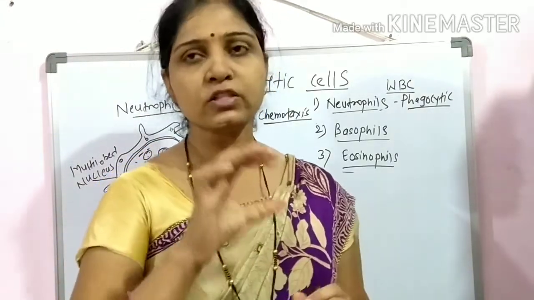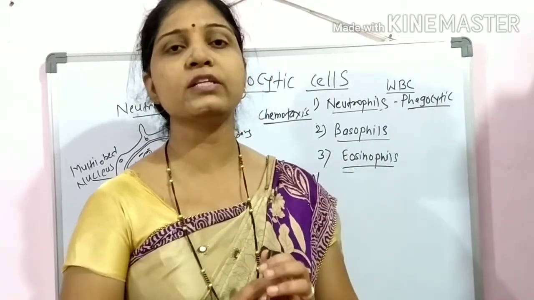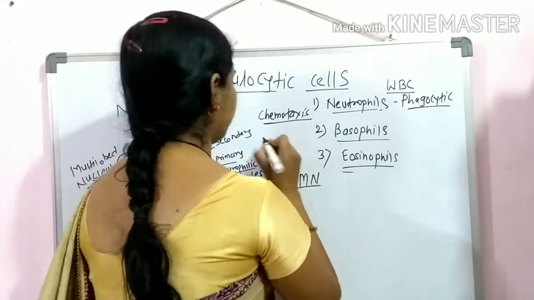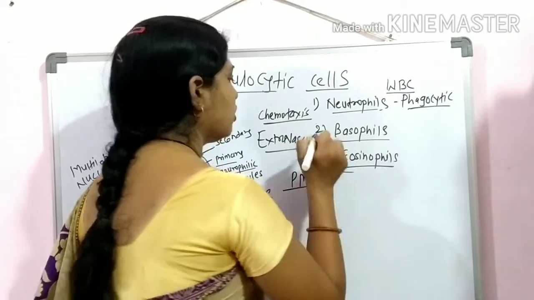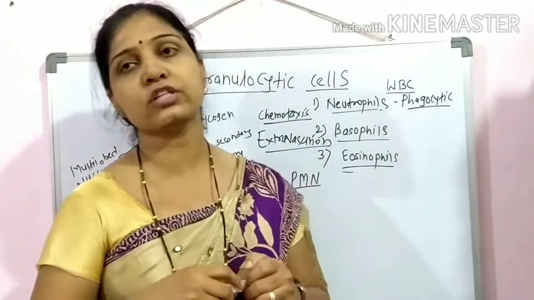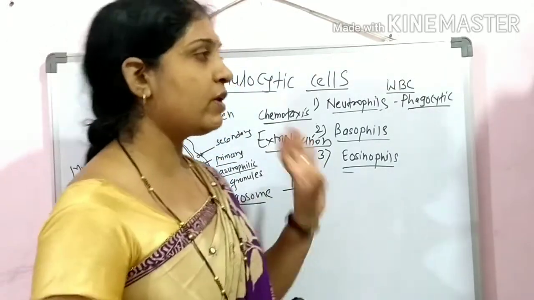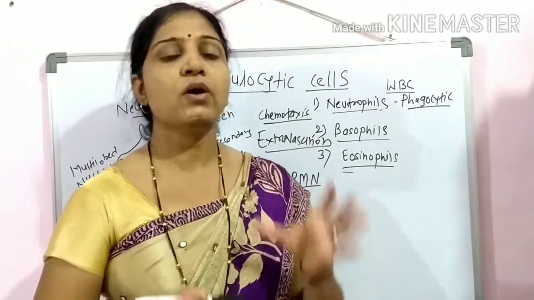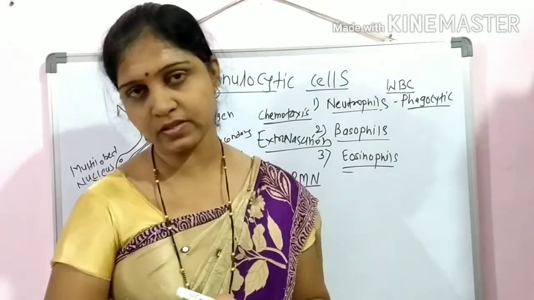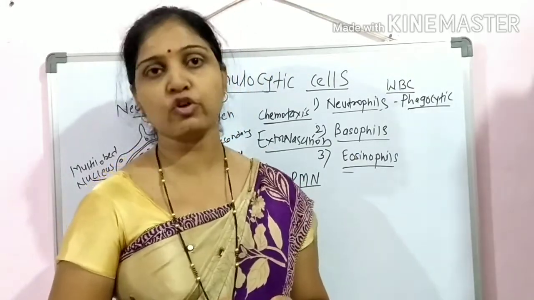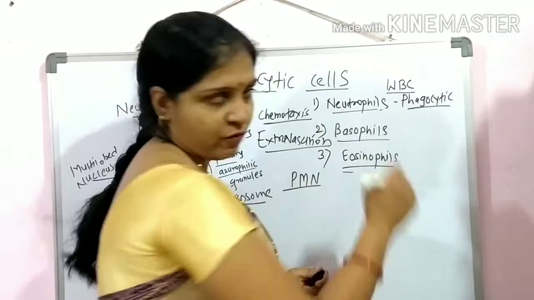Now, the movement of these neutrophilic cells from the blood into the tissues is called extravasation. And as we have discussed earlier, whenever there is an increase in the concentration of neutrophilic cells, the bone marrow is responsible for synthesizing and releasing these cells at a higher rate. Due to that, the increased concentration of neutrophilic cells is an indication of infection.